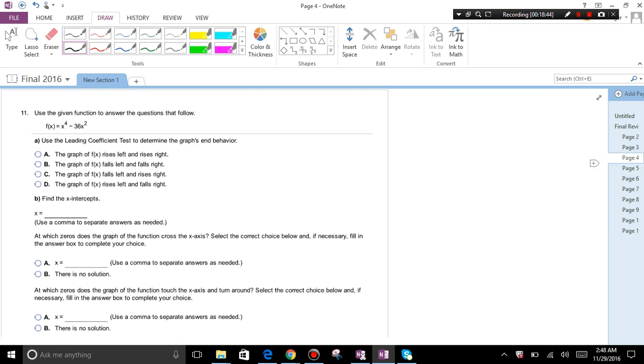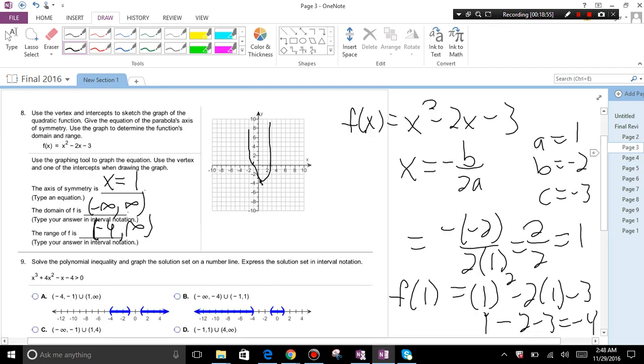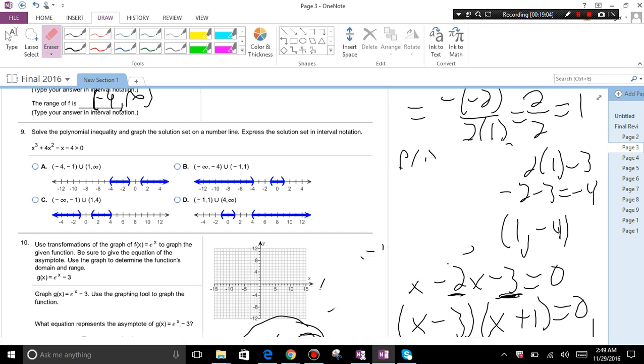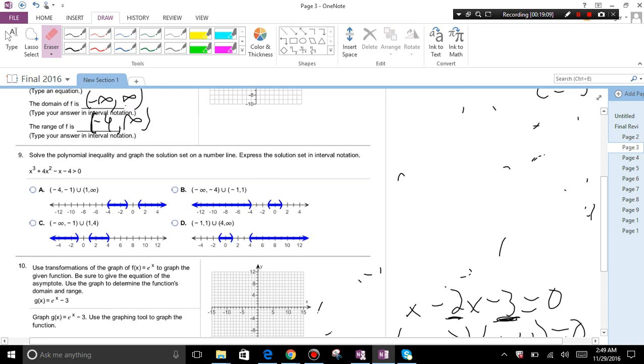Here we're asking about end behavior of x to the 4th. Oh, I think I skipped one. Yes, I did skip one. It is number 9. Okay. So number 9,